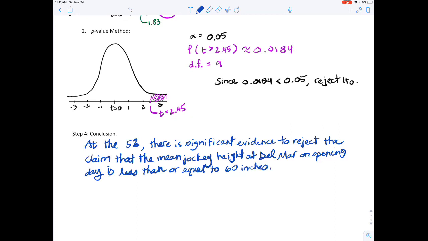Now, if you had just put equals as your null hypothesis, then you wouldn't say the less than or equal to. All right, and we could also add in that furthermore,